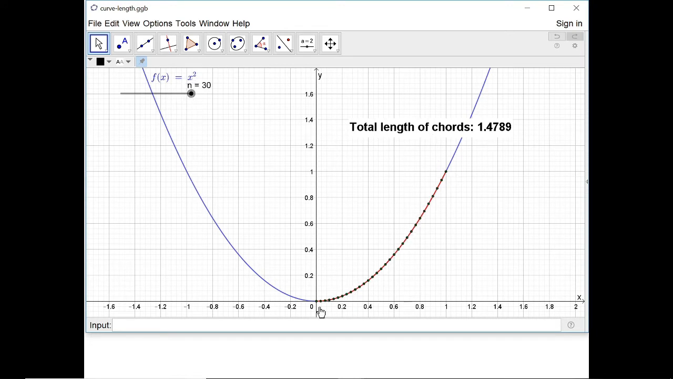So by the time I've got up to 30 chords here, you can see that over this last little bit, the total length of the chords is really not changing very much to the 4 decimal places I've got shown. And that's the idea that we're going to use. To find the arc lengths, we use a limiting process to subdivide the arc into lots of little chords, and then we're going to look to see how we can use calculus to formalise this and find out what the